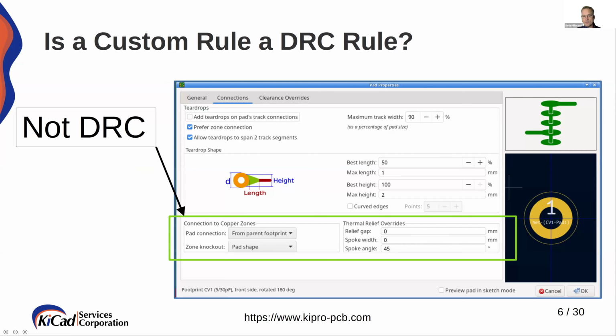So some examples here. What we're looking at are the pad properties. When you look at the pad properties, you have some things that you can change using custom rule sets. And down on the bottom, you see the connection to the copper zones. So how the pad connects. Does this connect by a solid fill? Does this connect by thermals? Does it have no connection at all? What kind of zone knockout do we have, and what are the spoke angles for the thermal relief or the